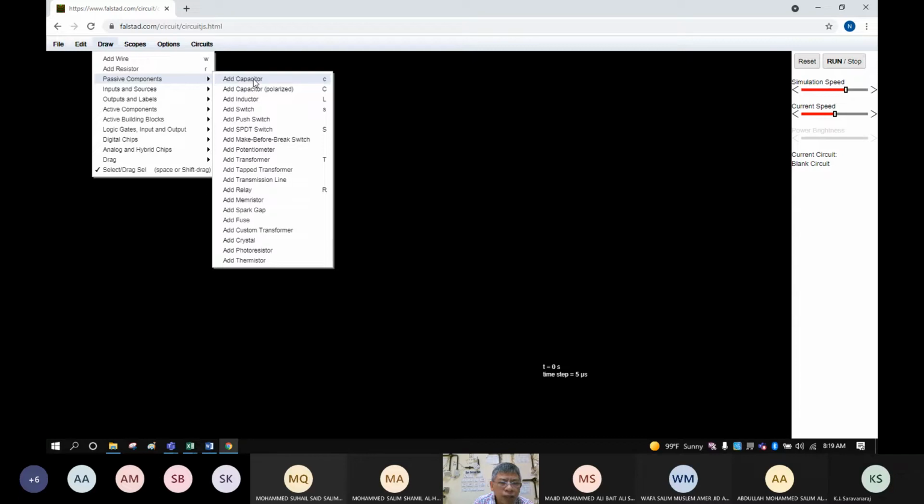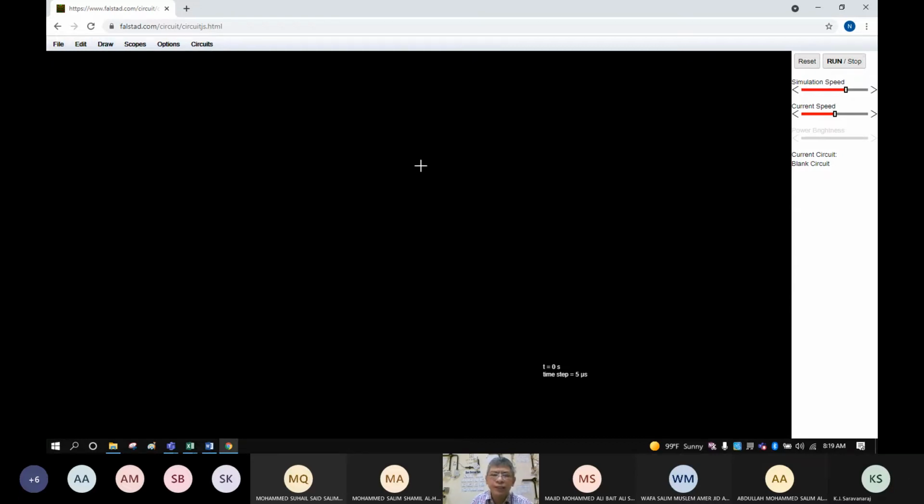We will use the non-polarized capacitor, because we are using an alternating current power supply. Since it is connected in series, this is capacitor 1, then capacitor 2, then capacitor 3.